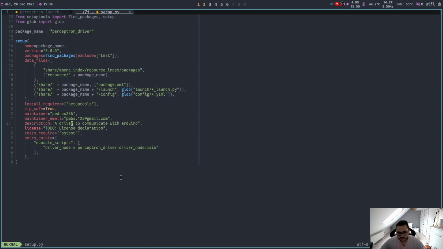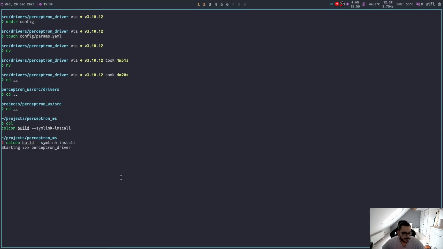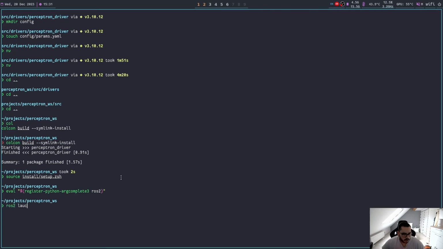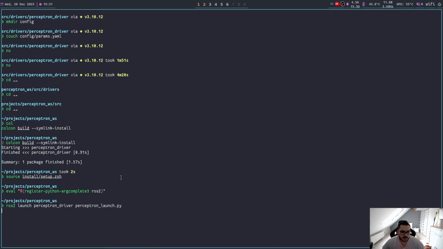And now, if we go back to the root of the workspace and we do colcon build --symlink-install, it should build okay. We need to source again, and now ros2, instead of run, we do launch. And again, I need to redo eval for some reason. Launch Perceptron driver, and now if we do double tab, you will see here perceptron_launch.py, and this will essentially work